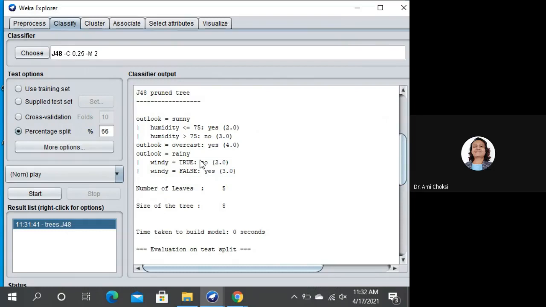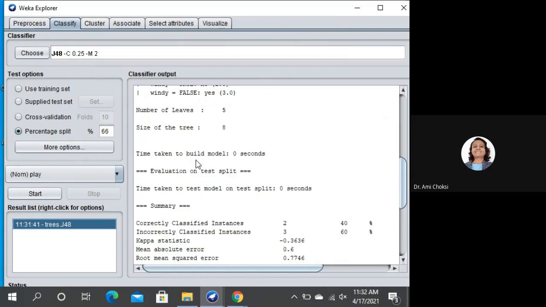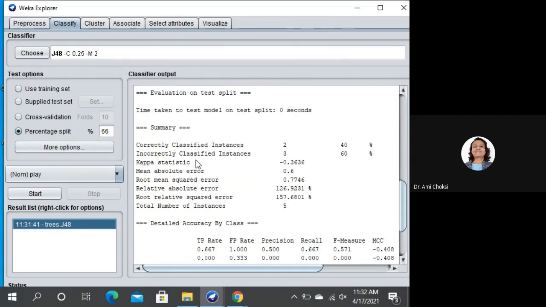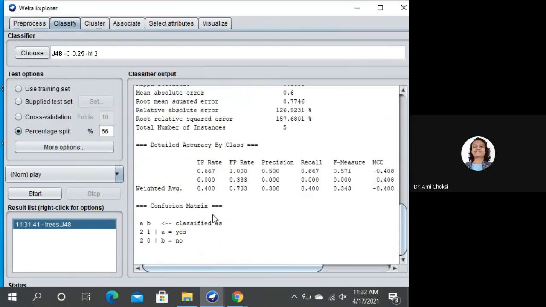One more thing, let us see. We have the confusion matrix. All of you know that a confusion matrix is a matrix where we have the true positive, false negative, false positive and true negative. That is available here.